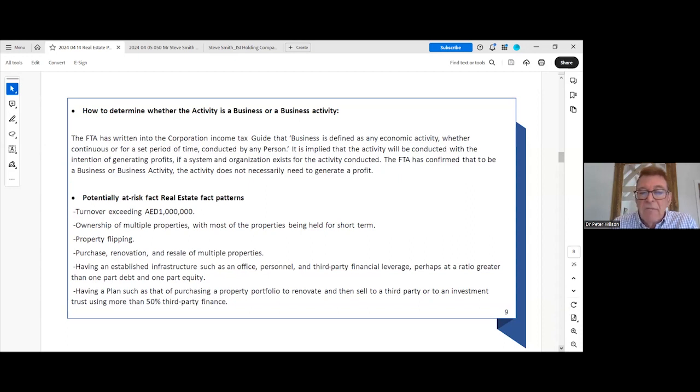So potentially at-risk real estate fact patterns could be, firstly, the obvious one, turnover exceeding 1 million dirhams. The second one would be ownership of multiple properties, with many or most of which being held for the short term. So there's no definition of long-term, short-term, of course, in the real estate investment definition, but we know that